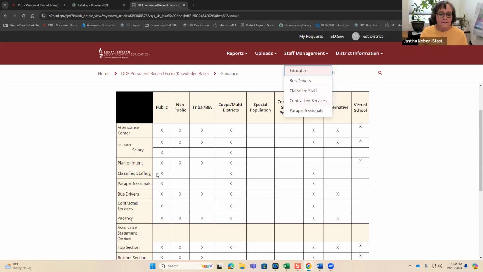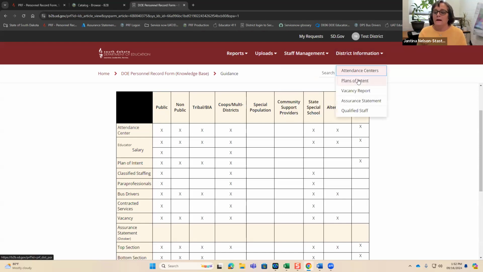Classified, you'll see that the non-pub, tribal BIA, alternative, and virtual schools don't submit, and so on and so forth for each collection. When I click on district information, you'll see all districts have to submit the attendance centers, the plans of intent, everybody but the state special schools and alternative.